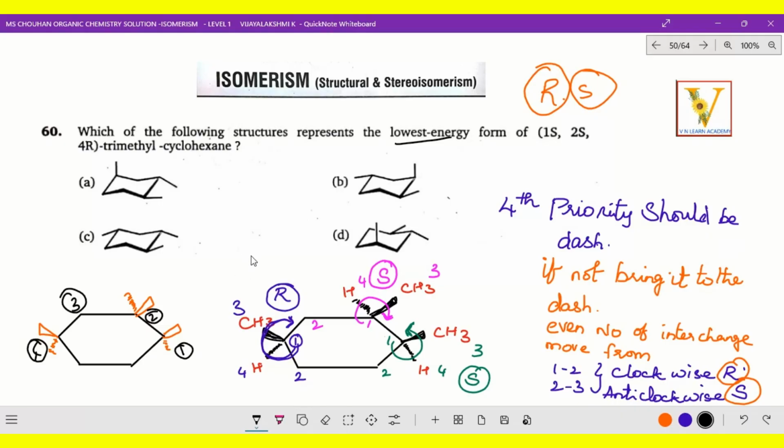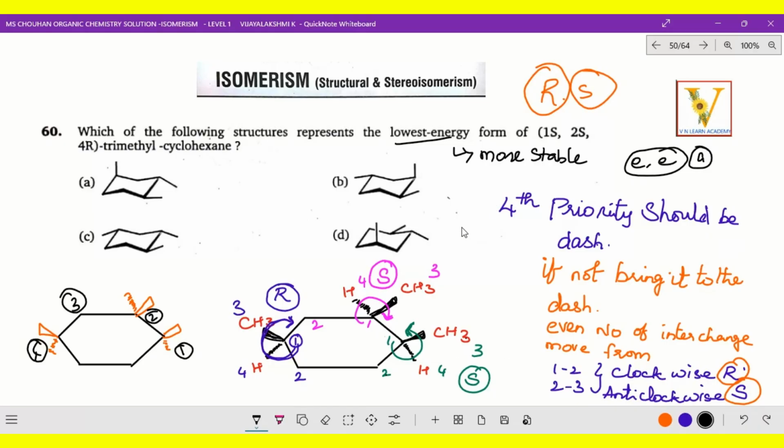In that, which is lowest energy? Lowest energy means more stable, right? And you know very well that equatorial will be more stable. Three points are available, so equatorial and axial are also added to that. Now I bring it here, 1 2 3 4. This is the first carbon, right? This is the first one, and this is 2, 3 and 4.